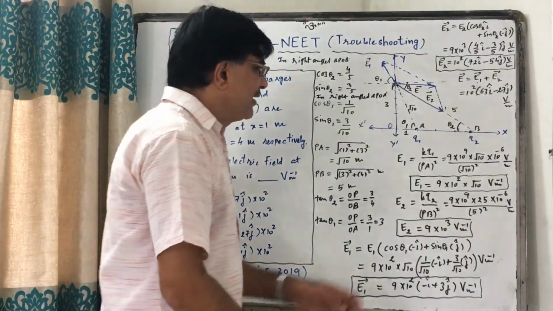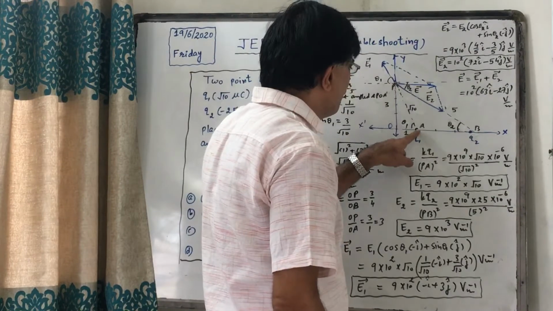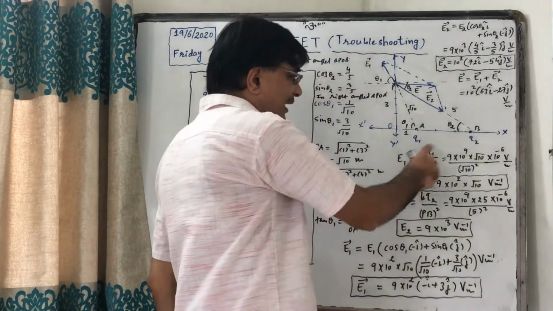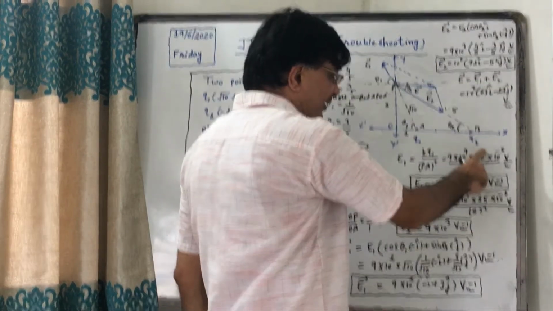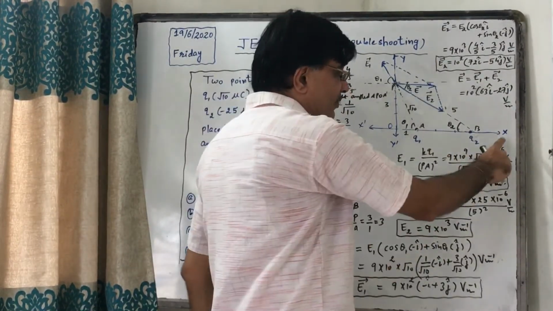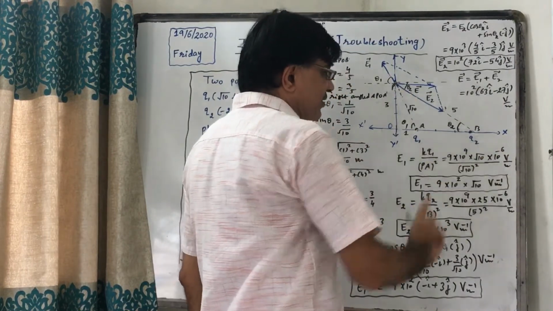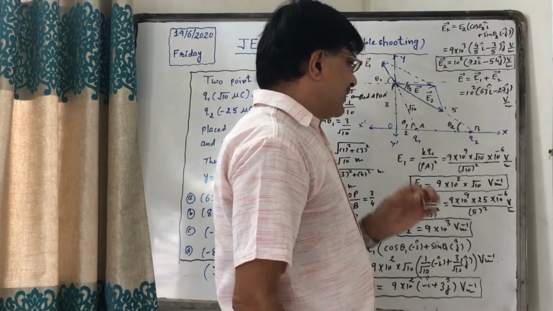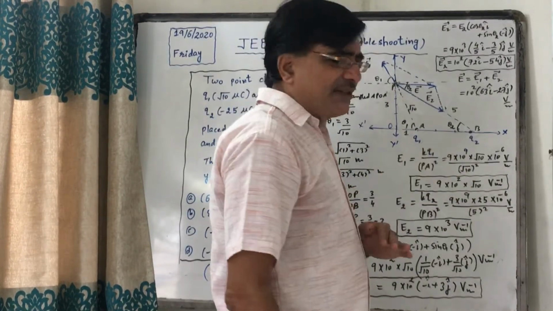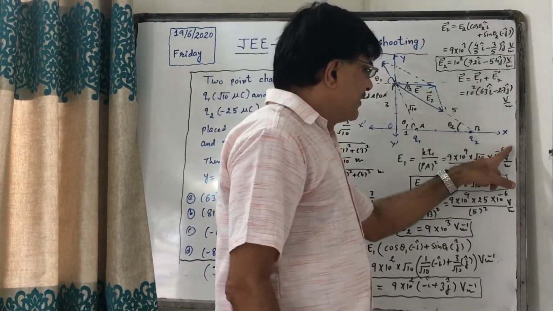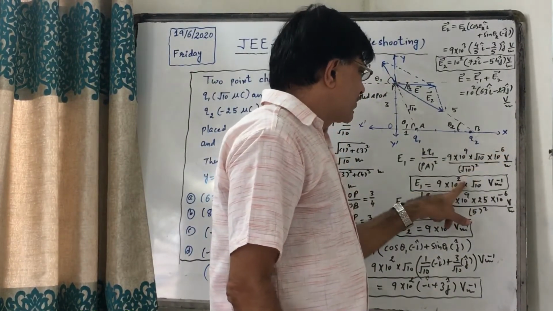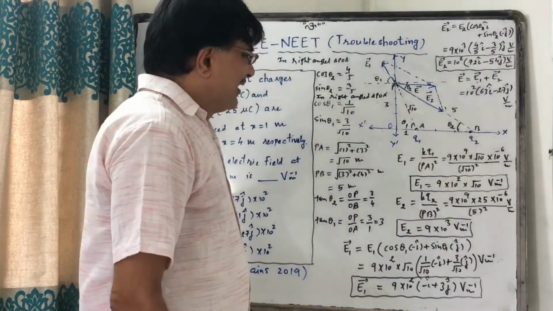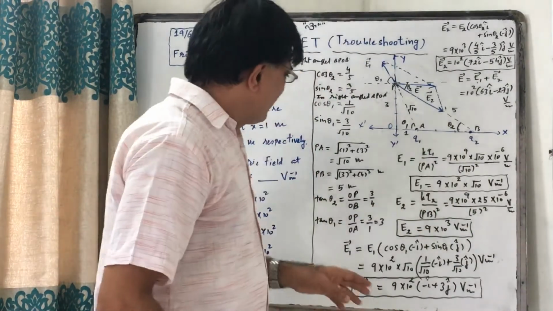Now first of all, find the electric field at P produced due to Q1, that is E1 equals KQ1 upon PA square. Putting the values, 9 into 10 raised to 9, Q1 is root 10, but it is microcoulomb, so into 10 raised to minus 6, upon root 10 square. Now this root 10 square will be 10. So 10 raised to 9 upon 10 is 10 raised to 8, and 10 raised to 8 into 10 raised to minus 6 is 10 raised to 2. So E1 is 9 into 10 raised to 2 into root 10 volt per meter. I have kept root 10 as it is because it will be cancelling here.